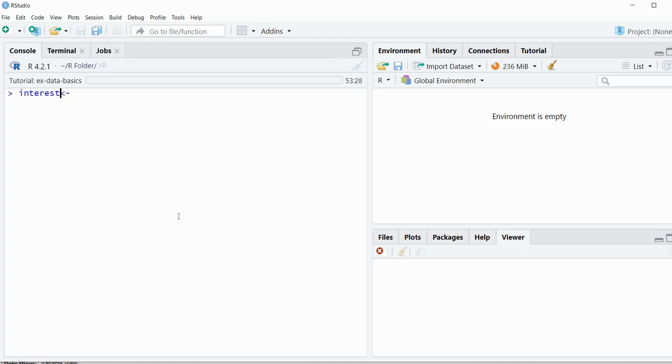That arrow is just basically a less than sign followed by a hyphen. And then we're going to type C, and then inside a parenthesis we're going to type the values for that variable separated by commas. So I'm going to type in 3, 2, 1, 2, 3, 5, 4, 3, 2, 3. Okay, so when I hit enter,